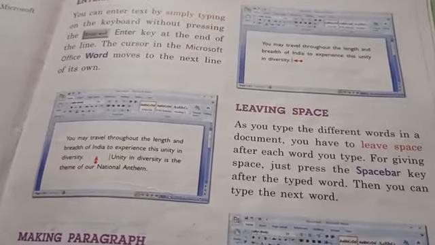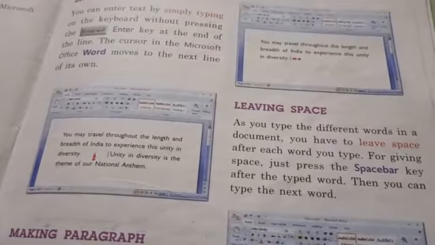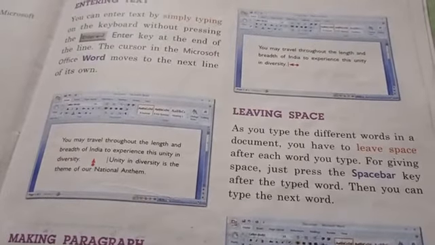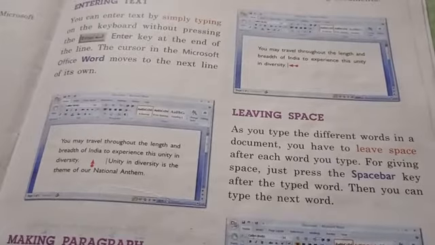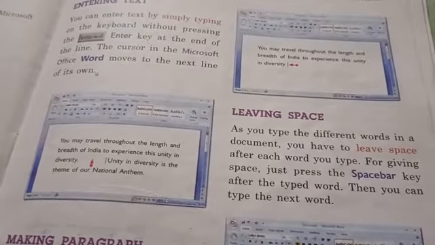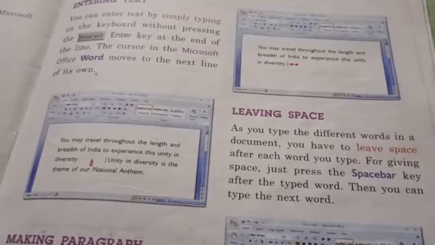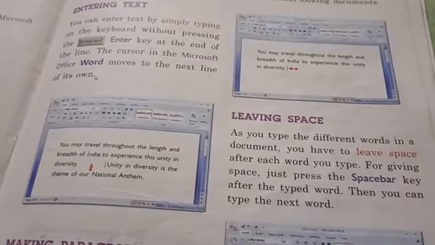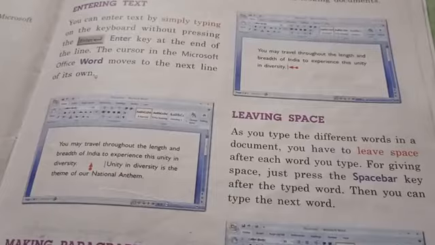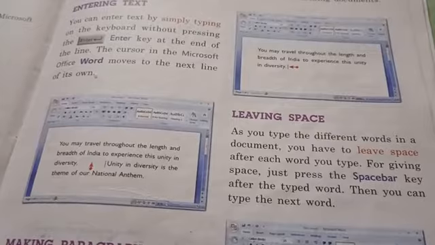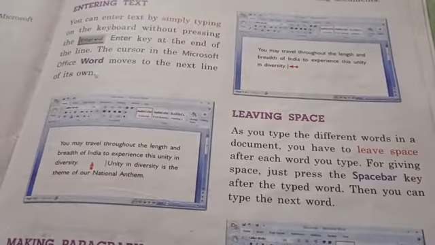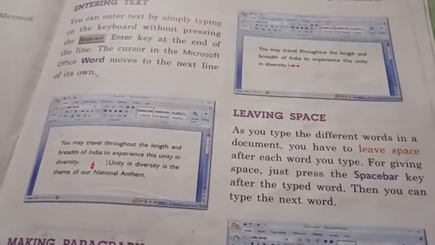Students, you can see a long key on the keyboard. This is the space bar key. This is the longest key on the keyboard. It is used for leaving the space. If you have completely typed a word, after that word you have to press this space bar key to leave a space. This is the longest key because after each word we want space. Again and again we press space bar key after each word. That's why this is the longest key on the keyboard. If you want to leave space, so press space bar key.